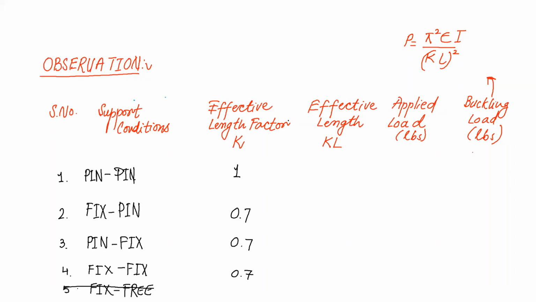And for KL, the length of the rod in the strut apparatus is 1 meter, so you have to multiply it. You can measure whether it is 1 millimeter or 1 meter, so you have to check it yourself. For example, this is your rod, so whatever its length and its thickness is, you should know that. If L is 1 and K is 1, it will come out 1.